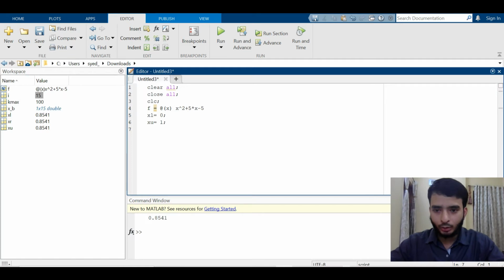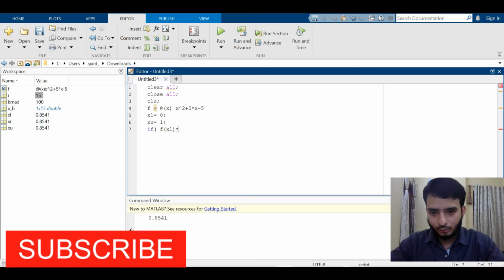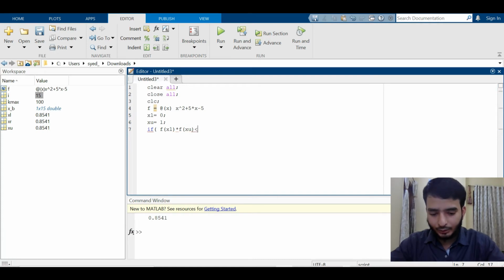And then I'm going to find out if f of xl star f of xu, let me take this in a bracket, is less than 0, not less than 0.